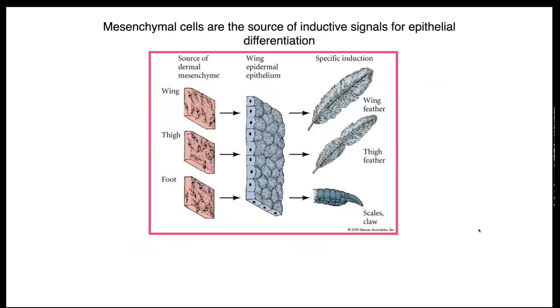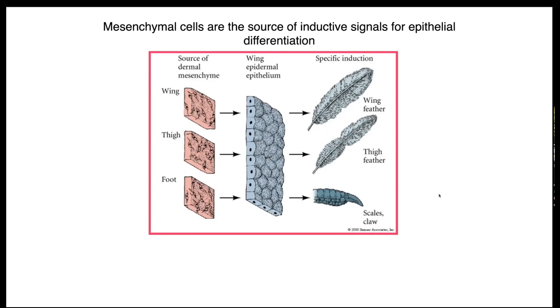And of course, this goes back to Mangold and Spemann classical experiments of transplanting epidermis from one part of a bird to another part of the bird and observing that the appendages formed by epidermis are entirely defined by the underlying dermal structure, which is underlying mesenchyme. And from that came the notion that mesenchyme has some information about the map of the body, which we know is encoded by Hox genes, and that the epidermis or epithelium has several fate choices, in this case forming different kinds of appendages, feathers of different sorts, or scales, and